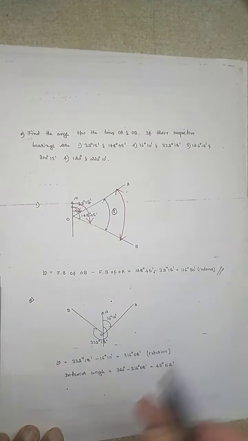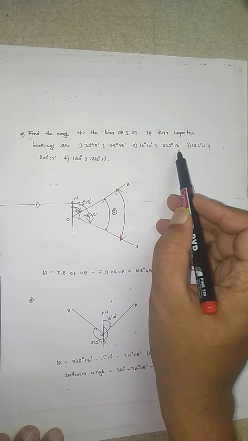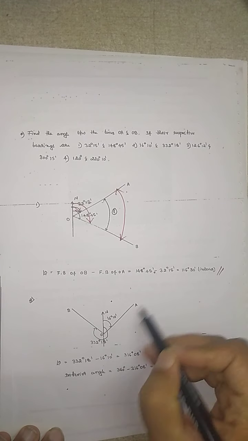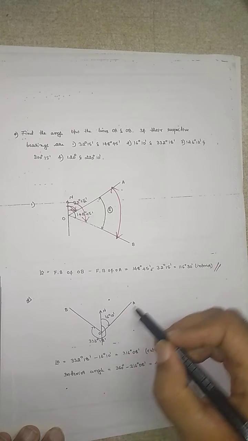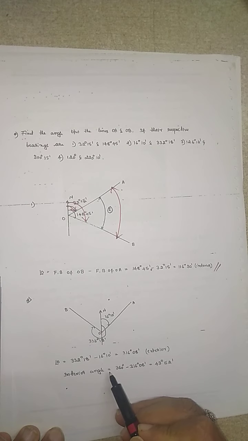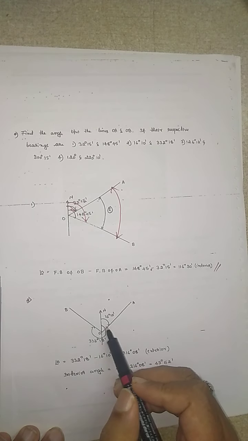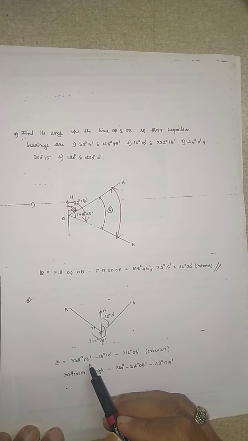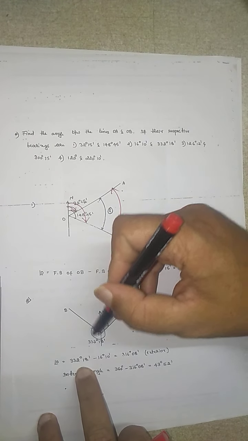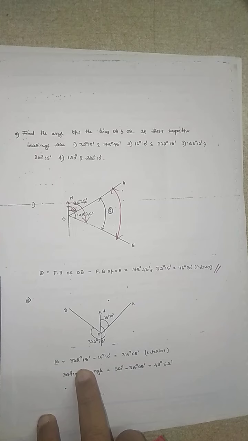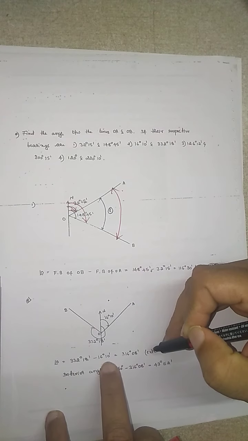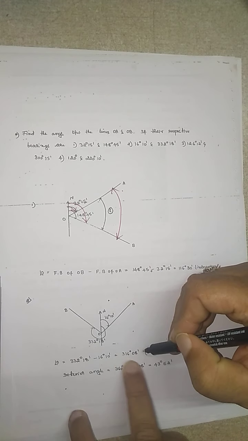Now the second problem, that is 16 degrees 10 minutes and 332 degrees 18 minutes. First you need to calculate the quadrant. This is your line OA, it comes under the first quadrant, and this will come under the fourth quadrant. So what you want now is to calculate the interior angle. From 332 degrees, if you reduce this much, what are you going to get? You are going to get the exterior angle. It is 316 degrees 8 minutes.